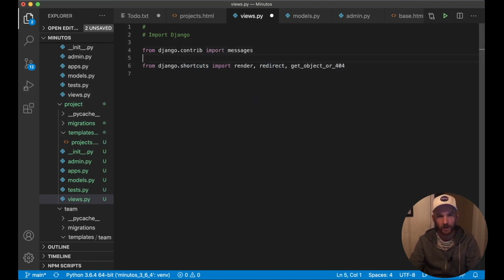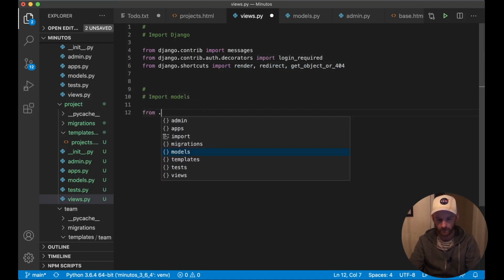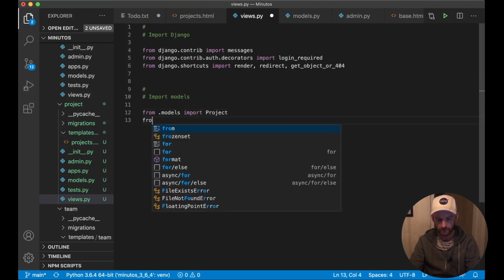And I want the login required decorator from django.contrib.auth.decorators import login_required. Import models. Here I want the project and the team from .models import Project, and from